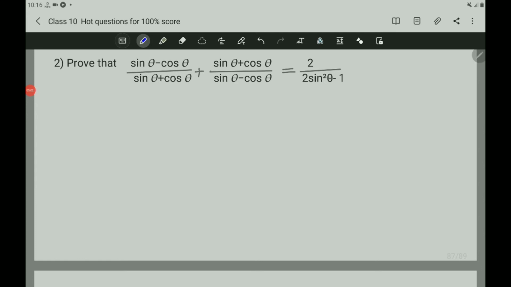Next you take the second question. Prove that (sin theta minus cos theta) by (sin theta plus cos theta) plus (sin theta plus cos theta) by (sin theta minus cos theta) equals 2 by (2 sin square theta minus 1). That you have to show here. Now you consider the LHS. So you write down the LHS. LHS equals